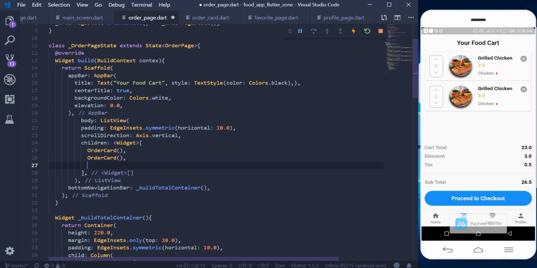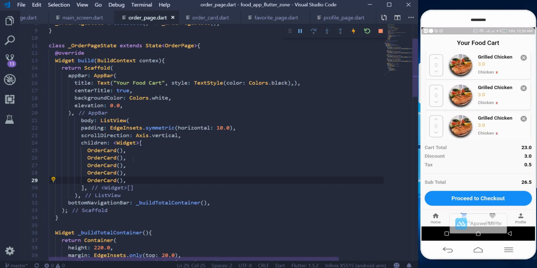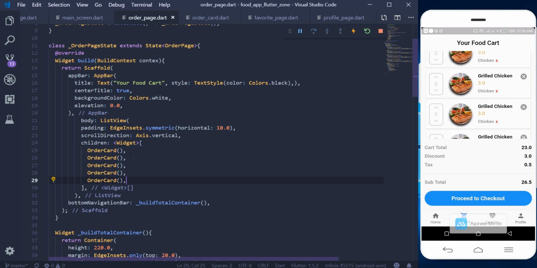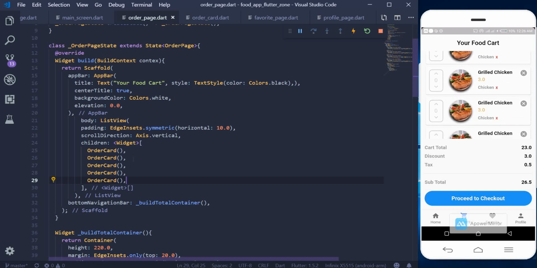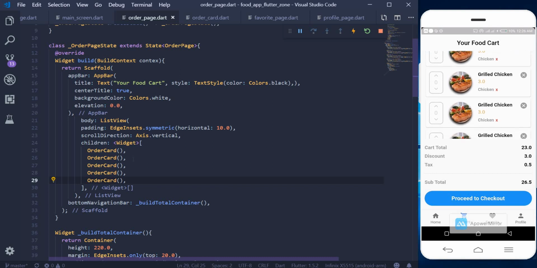But you see, when we add more items to our food list, when we add more food items to our food list, you can see the price container remains static. It's fixed. It doesn't move. It's fixed. So we can choose to do it this way,